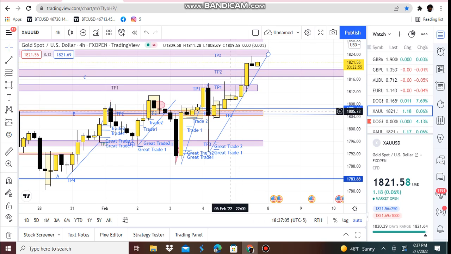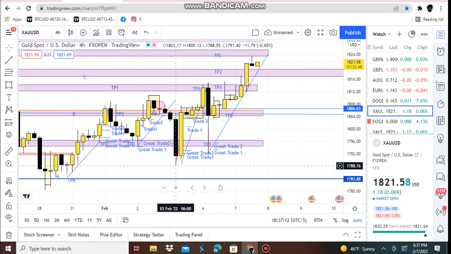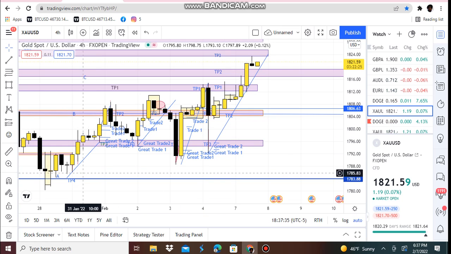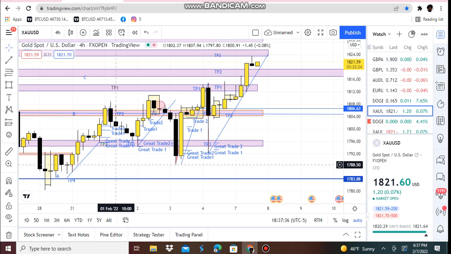You have to pay attention to what patterns will form on a higher time frame, as it will let you know the overall direction at our psychological levels. So you just have to be patient with this market as you're trying to swing trade this. This swing trade didn't happen until February 4th, all the way up to February 7th. That's 4 days. You could have swing traded right here at the bottom, all the way at the bottom at take profit 4,